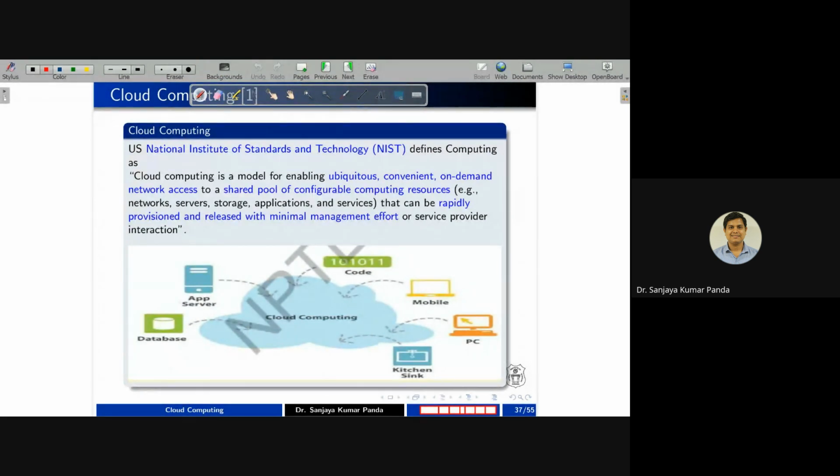Based upon the user's need or request, through the service level agreement, we release these resources from this particular pool. And the pool is such a large pool that we never say it is going to be exhausted, right? Suppose somebody requires at most 1 lakh rupees, and one person has 1 crore. 1 lakh in comparison to 1 crore is a very nominal amount, so it will never reach that limit.